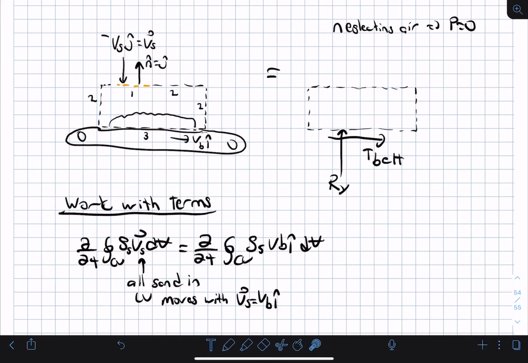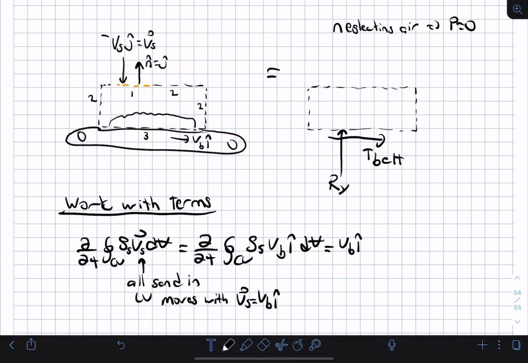Well, this is not a function of space, so we can pull that out. And also the velocity of the belt is not a function of time, so we can actually pull the Vb i hat all the way out of the integral and the time derivative, and this equals